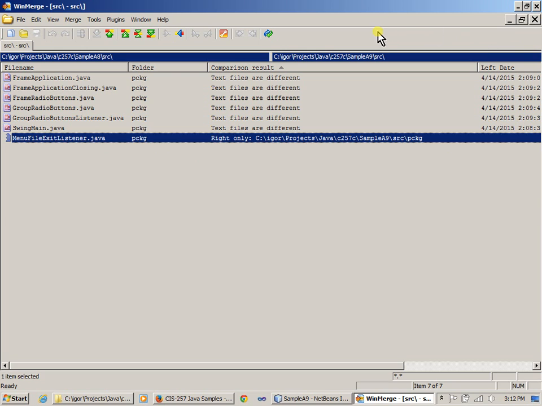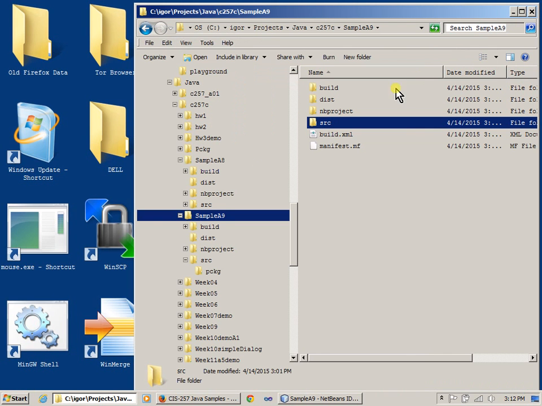Okay, so this time I can exit WinMerge, but remember that WinMerge can be your huge friend when comparing prior versions, newer versions, and oftentimes if you use a code control system, usually it has its own built-in facilities to compare the older and newer versions of the code. But if you're just using your desktop and simple environments such as NetBeans to write your code, you can periodically save versions of your code and use WinMerge to compare the before and after